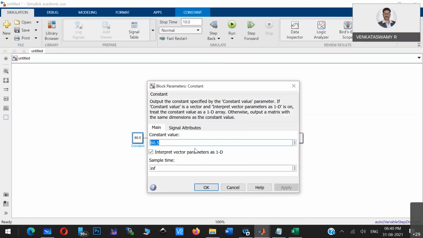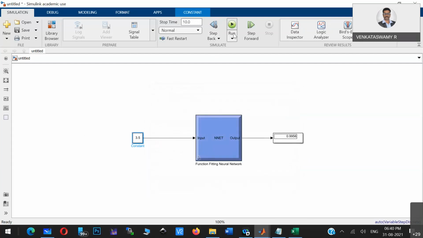Similarly, even if you give something like 3.5, I know what the output should be. Output should be 1, but what the neural network is giving is 0.1. I told you why it is 0.1. Normally you have to give huge data to understand the pattern. Using this limited data, it is not understanding the pattern.